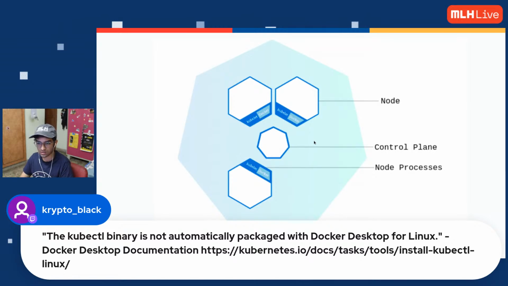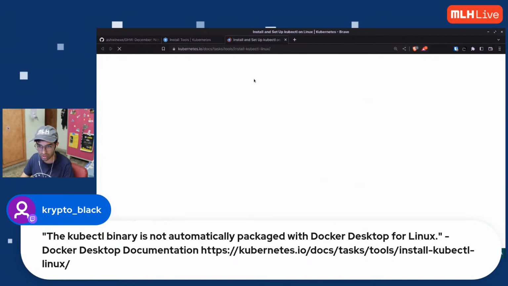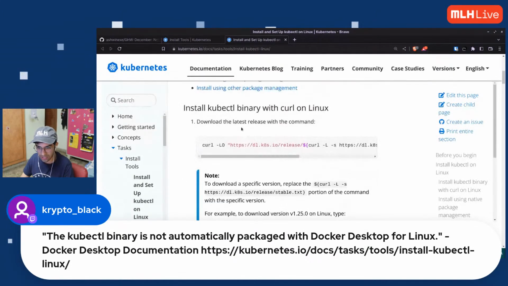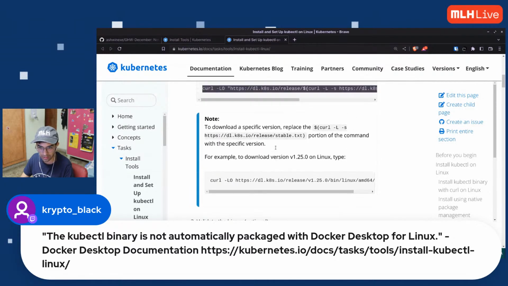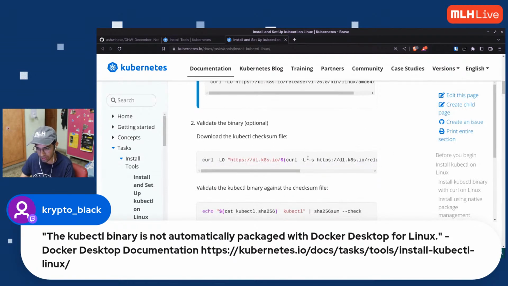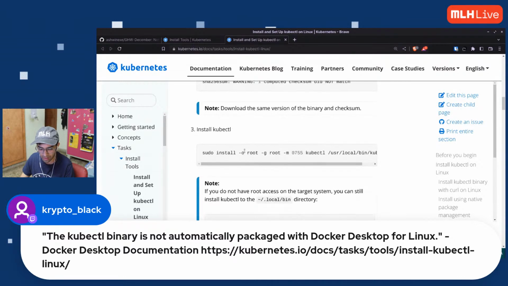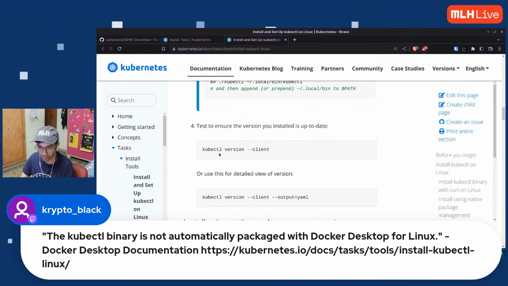If you're on Linux, what we can do is just go here, go to install on Linux. I personally like curl, and highly trust curl commands. So just copy this, paste it in the terminal, and then validate it. I mean, it's official, yes, but you can validate it for sure. These are all optional commands, and this one is important. So install kubectl, and that should be enough.